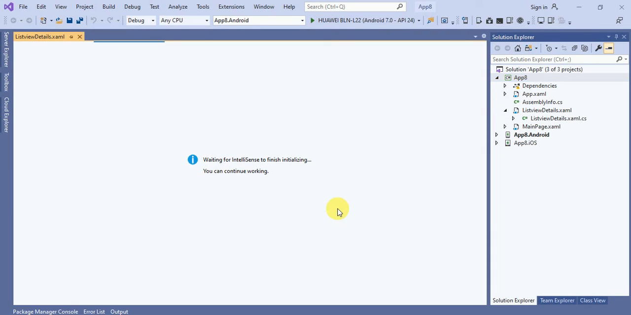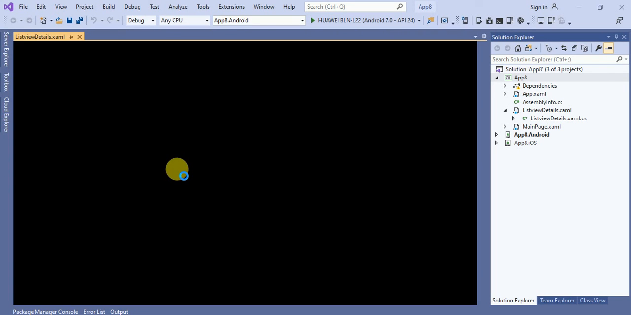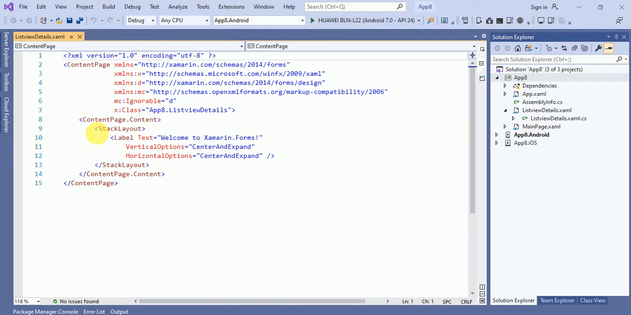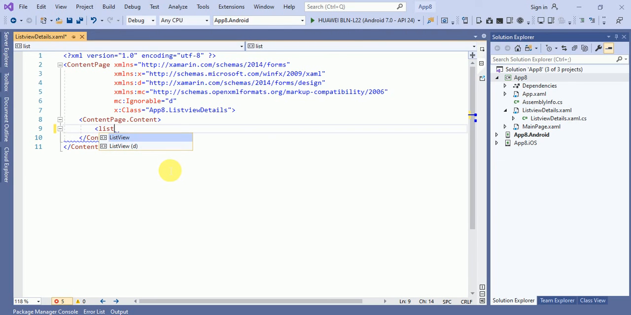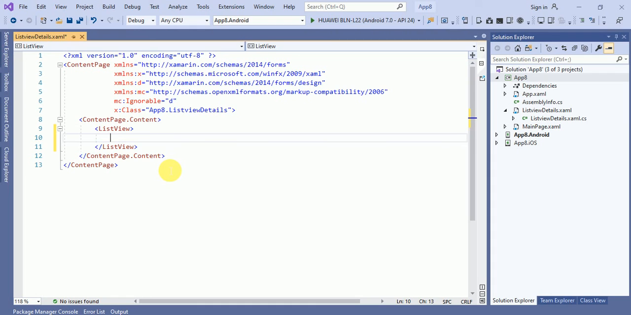This is the content page, and in this content page we will add a list view. I will remove this stack layout and add a list view. Inside the list view, first I will define some properties, that will be our item source. We will bind the item source. Suppose I'm taking this bind item source as products, and here will be has unseen row